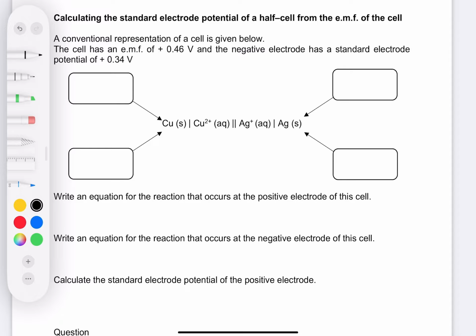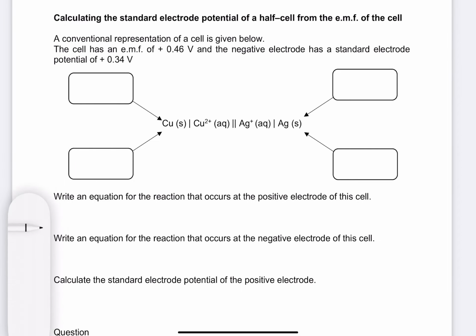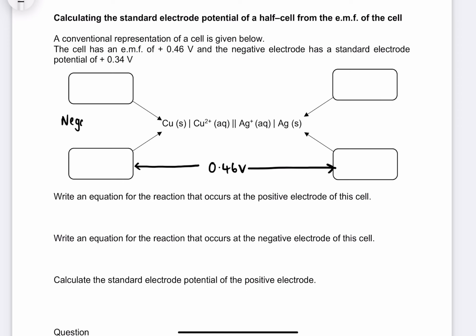Calculating the standard electrode potential of a half cell from the EMF. So this is if we maybe need to do some algebra. We've been given a conventional representation and we've been told that the EMF, the difference between the two half cells, is 0.46 volts. We've been told the negative electrode, which we know goes on the left-hand side, has a standard potential of plus